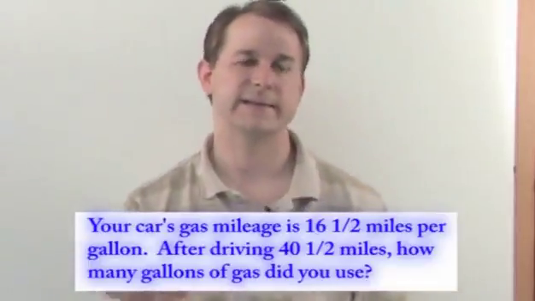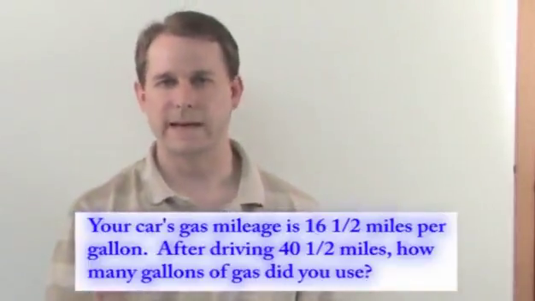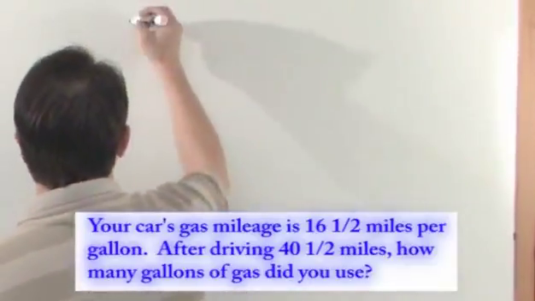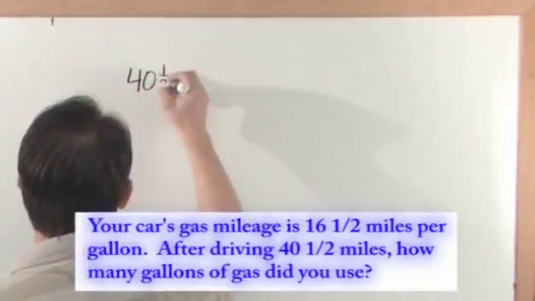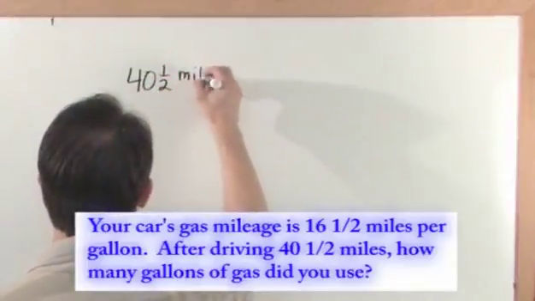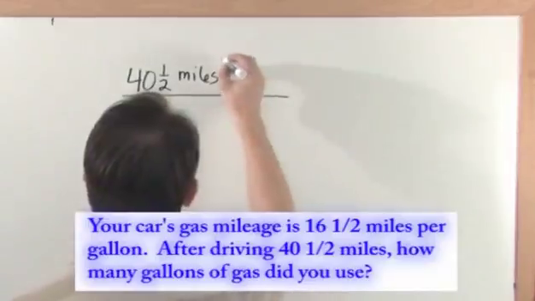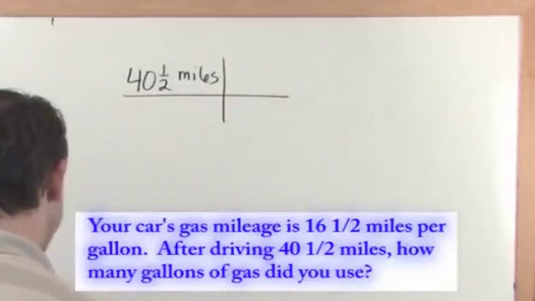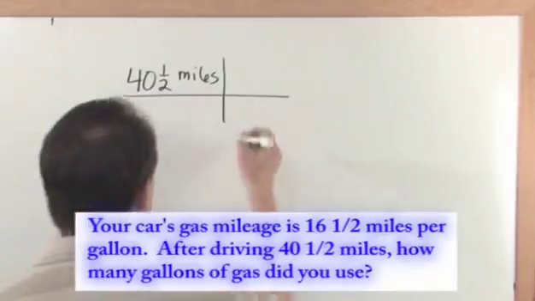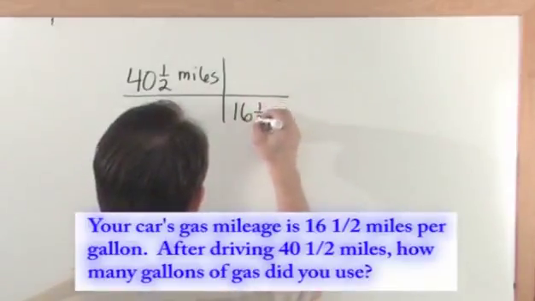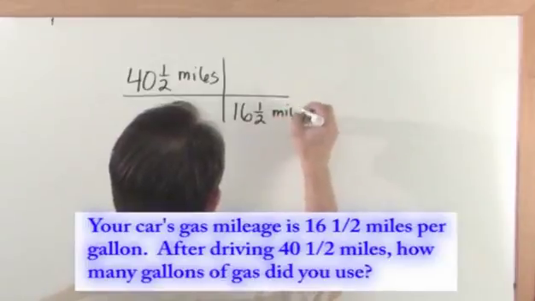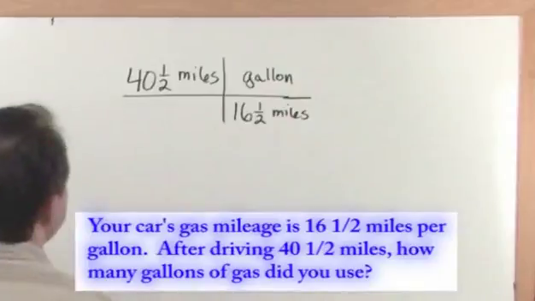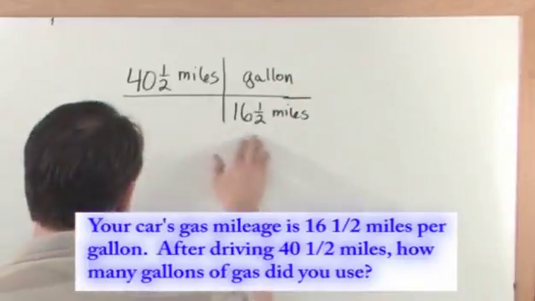But even if that didn't make any sense at all, and even if you didn't know to think about it like that, you could always use your units. 40.5 miles, that's how far I'm going. I'm going to draw my little bars here. And I know I'm going to be burning the gas at a rate of 16.5 miles per gallon. So if I write it as 16.5 miles per gallon, which is division, by the way, because I've got it on the top and the bottom,